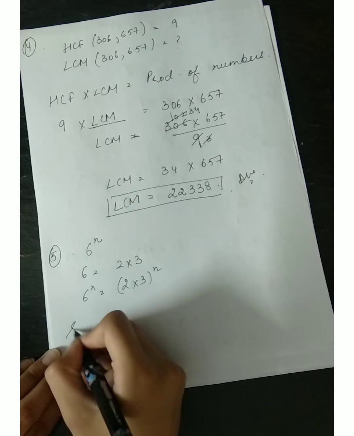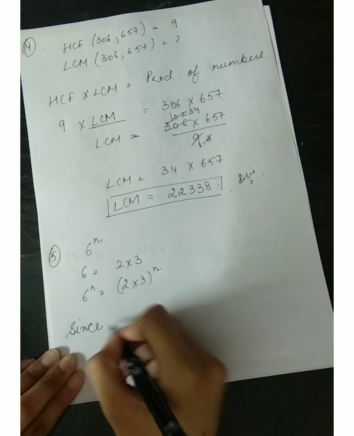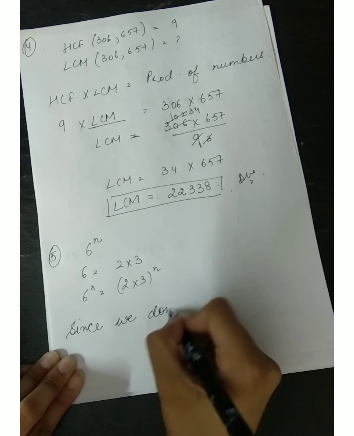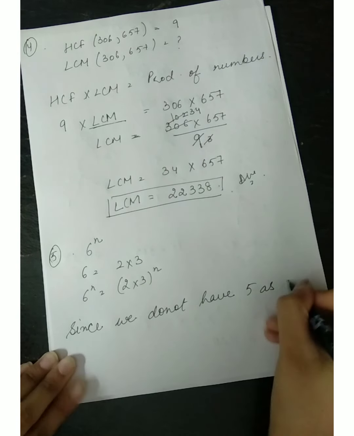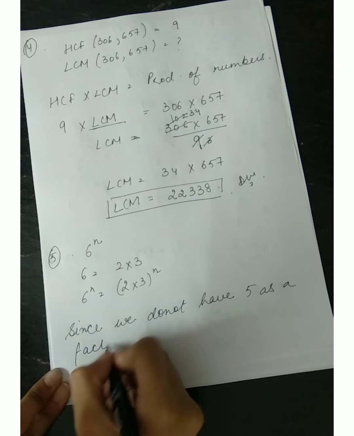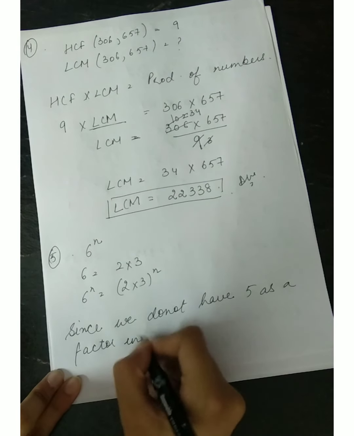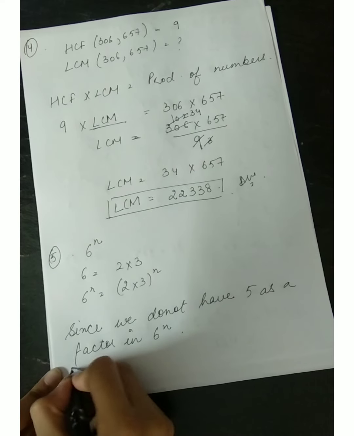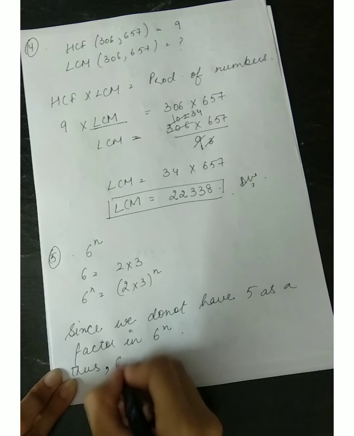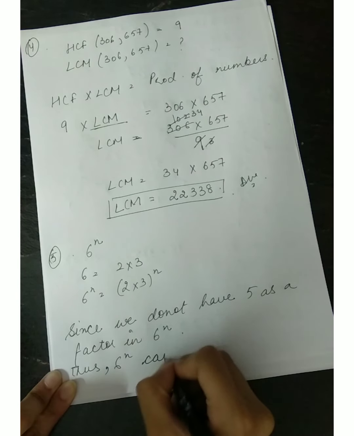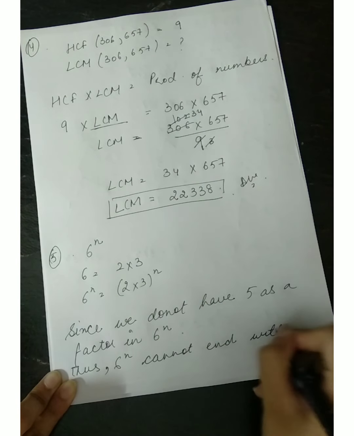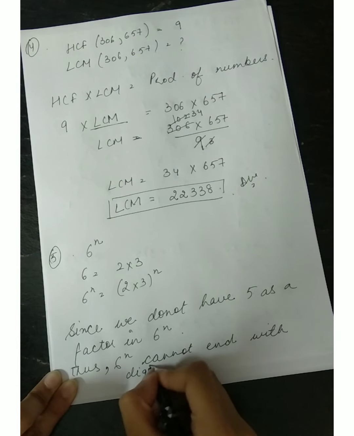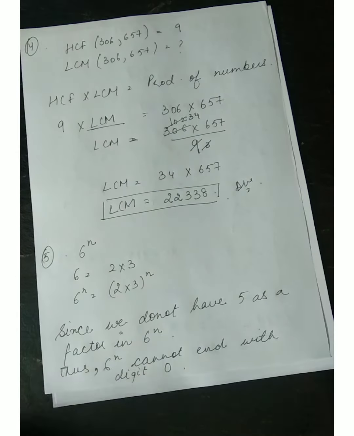We will be writing, since we do not have 5 as a factor in 6n, thus 6n cannot end with digit 0. Now our sixth question is,